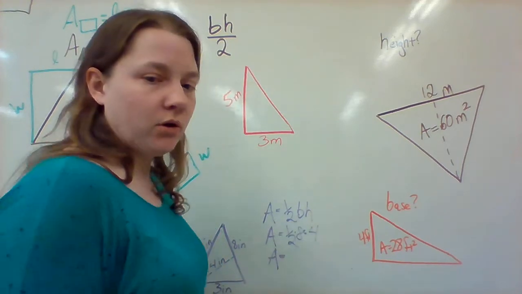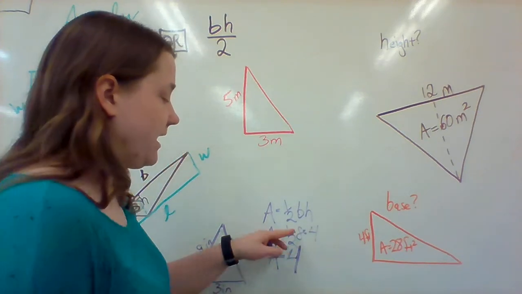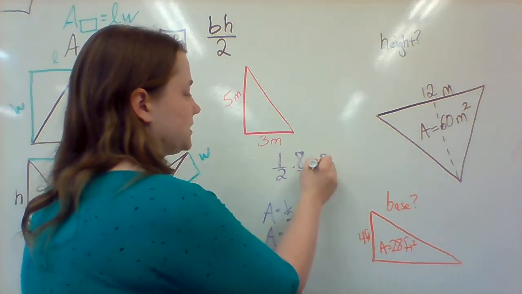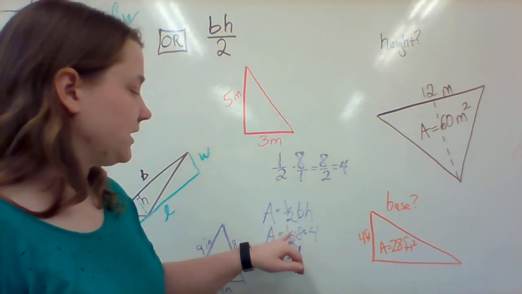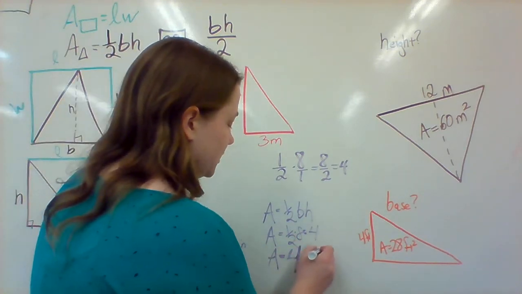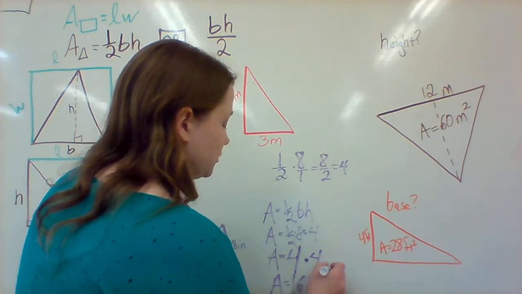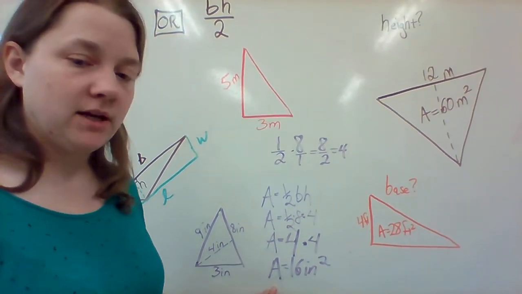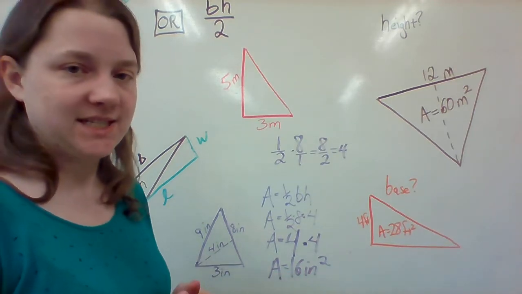Half of 8, or 1/2 times 8, is going to be 4. I could figure out that we have 1/2 times 8 over 1 equals 8 over 2 equals 4. Or I could just remember that this says half of 8, and half of 8 is 4. So I'm going to multiply that 4 times 4 and get 16 inches squared. Remember that finding the area, because it's a two-dimensional measurement, has to be squared or to the second power when you